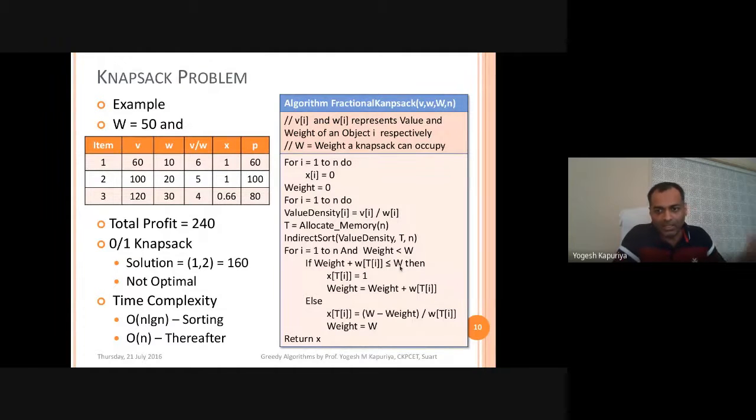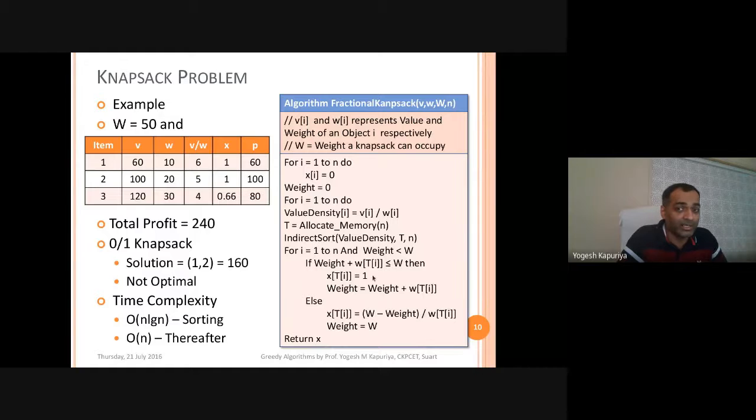That means the current remaining capacity is, let's say, 100 gram, and the item which I am selecting is of 50 gram. That means I can select that item. So I will simply say x of that item is equal to 1. At the same time, I will also make a change to the current capacity of the knapsack.